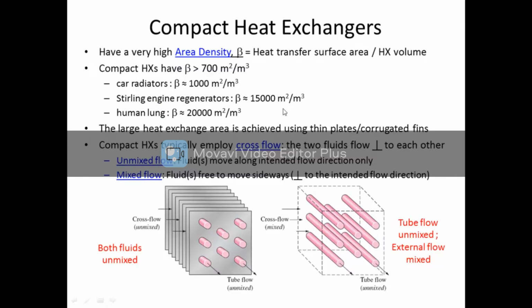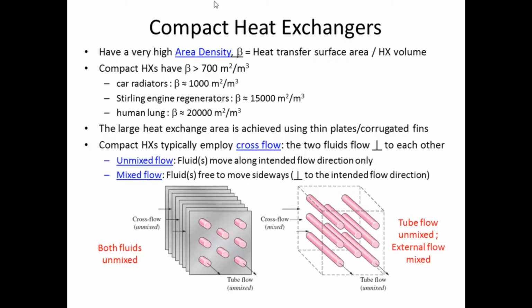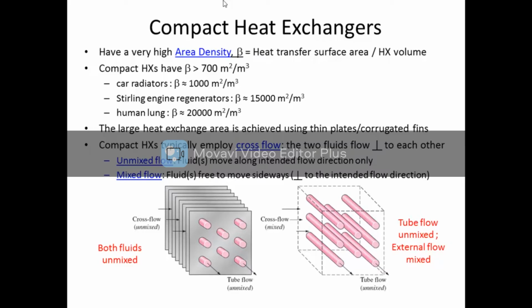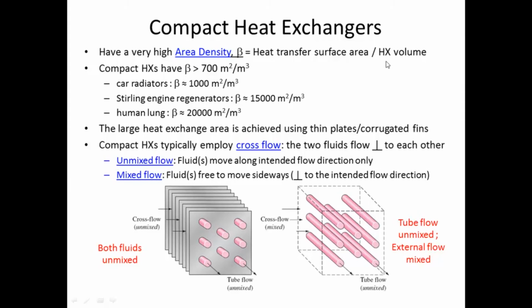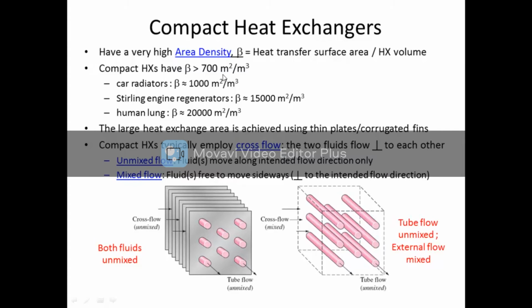As we have discussed earlier, the quantity of heat transfer increases with the area of heat transfer. So typically heat exchangers are designed maximizing the surface area available for heat transfer. This is usually quantified by using a term called the area density, denoted as beta, which is the ratio of the heat transfer surface area to the volume of the heat exchanger. So this should have a unit of 1 by meter, but since it's a ratio of area to volume, it is typical to use a unit of meter square per meter cube.